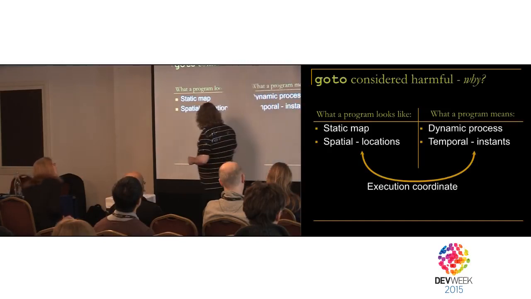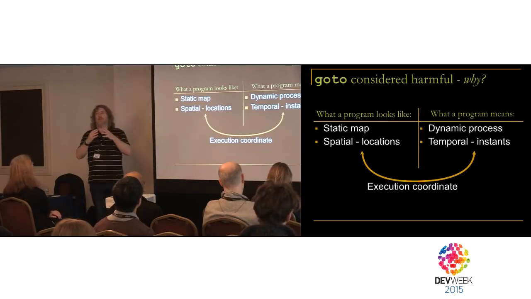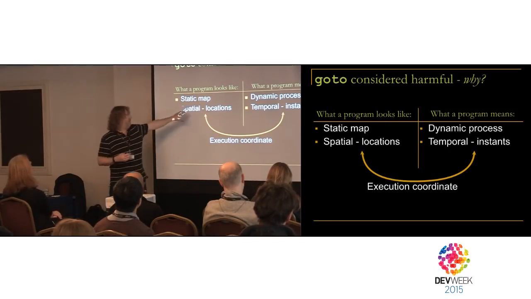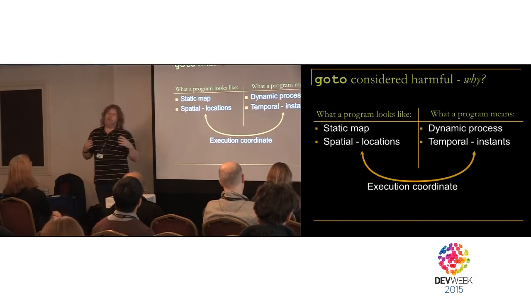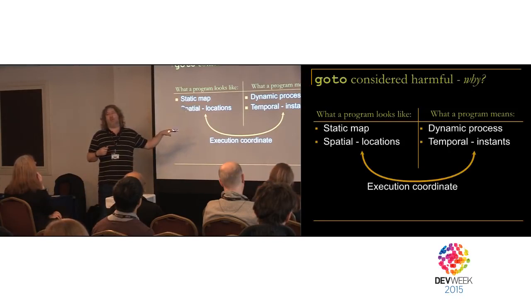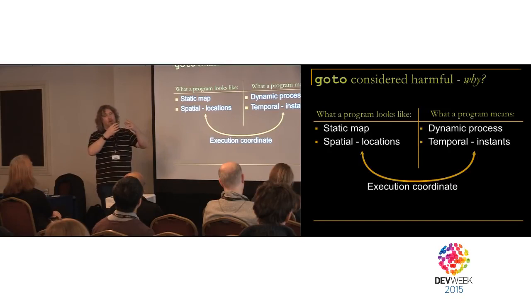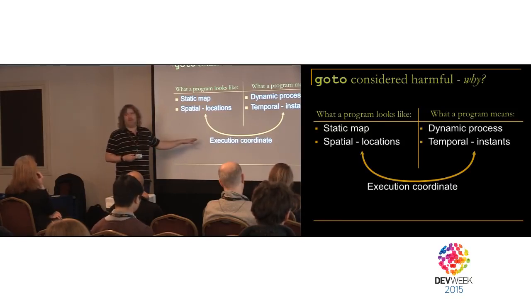So what Dijkstra said was this. He says what we need to do is find some language. There's no point getting rid of this because this is how we think. But can we find some language in which we can express both of these concepts at the same time? He called it an execution coordinate. So he said, can we find something that we can speak about which not only has this static spatial feel to it, but even while it's static, also expresses this dynamism? And what he came up with was an execution coordinate.